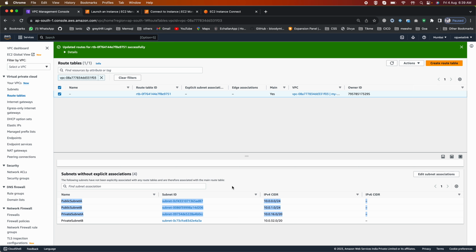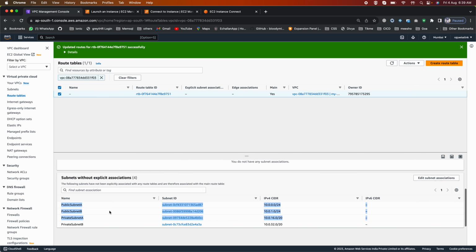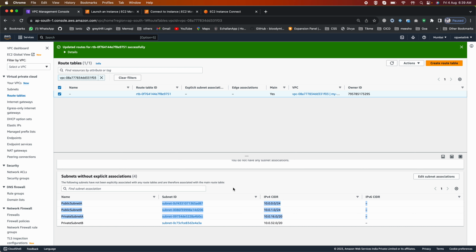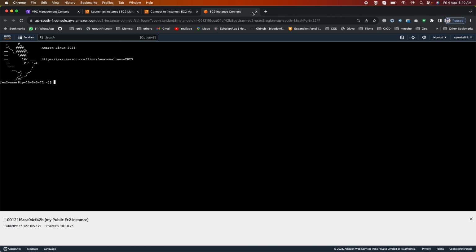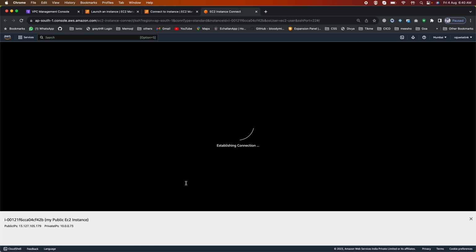That means we have not associated our subnets to this, but they are explicitly associated because there is no other route tables. Okay, so this will be something like this when you try to create. So you close this, and if you try to connect it again, see now. Initially, when you have created a subnet and you create an instance in it,